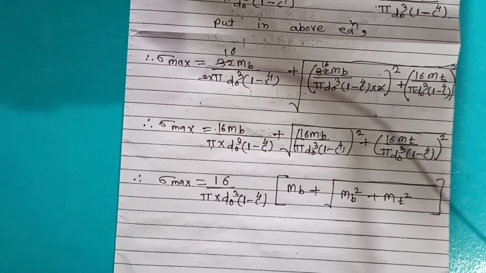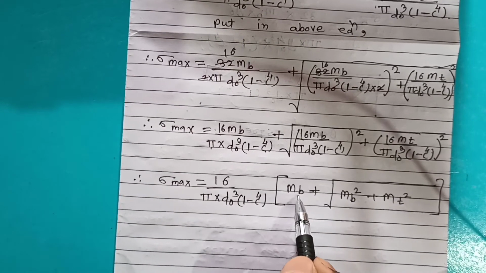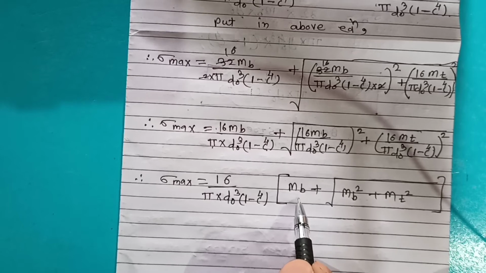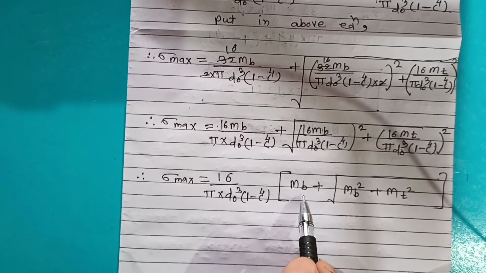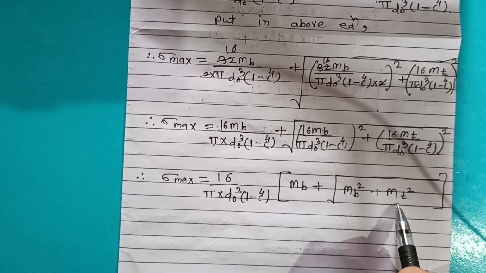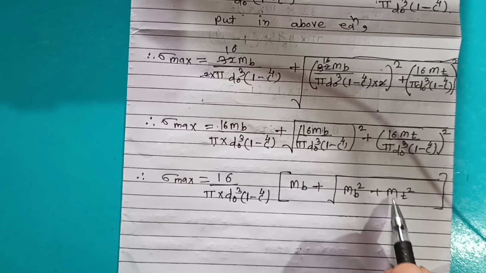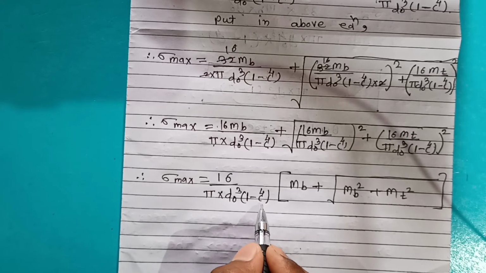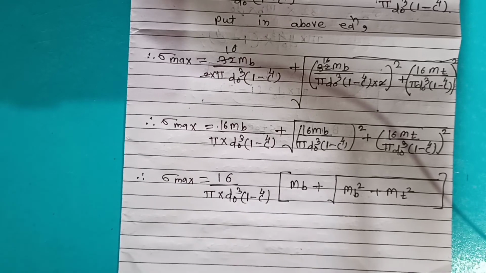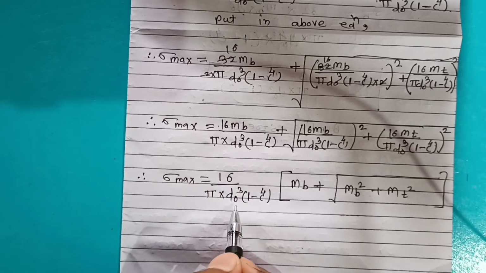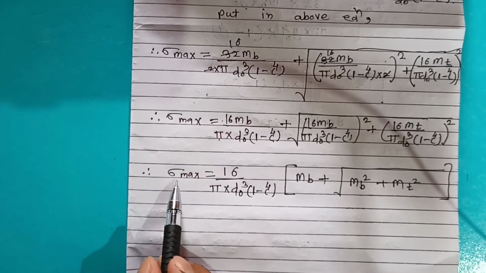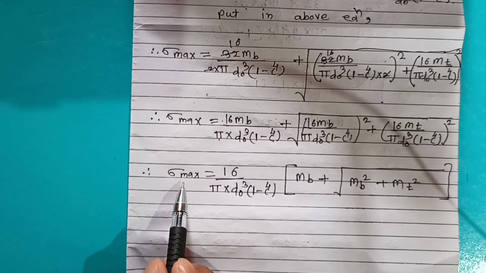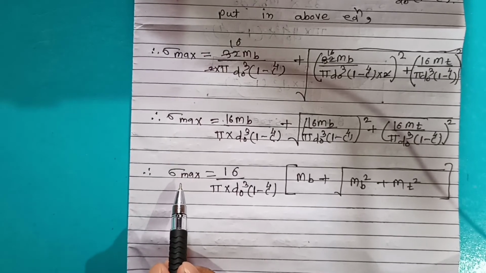Now in this equation, the value of MB is given in the problem, or the required data to calculate it is given in the problem. Same also for MT, the required data is given in the problem. Using these values to calculate the value of MT, the value of C is also given in the problem to calculate the diameter. Also the sigma max value is given in the problem, or the value of sigma max is not given in the